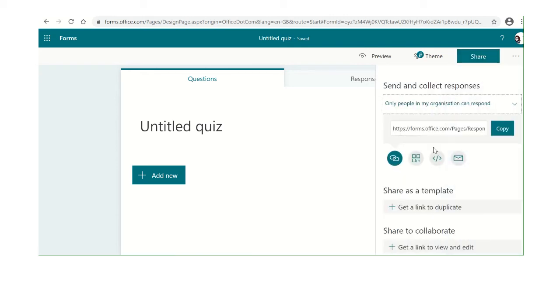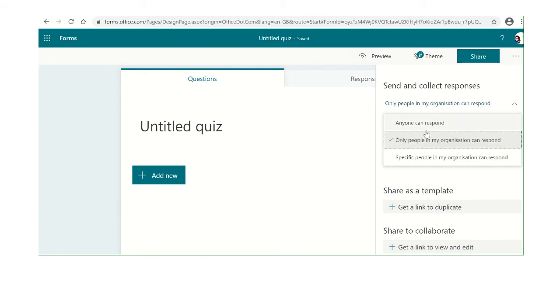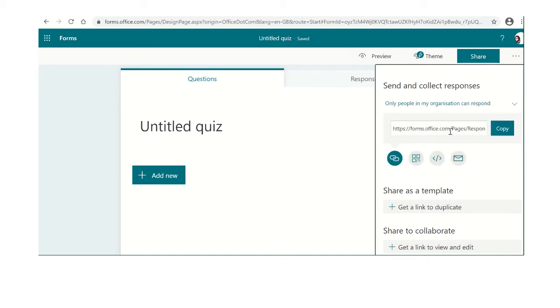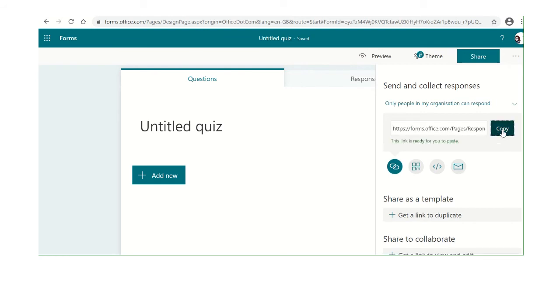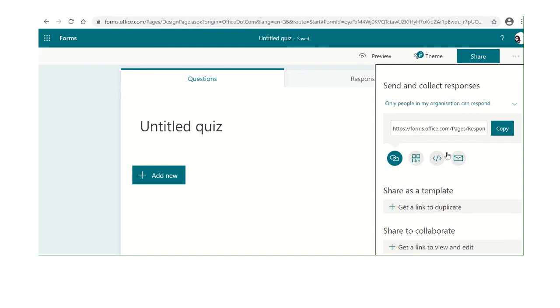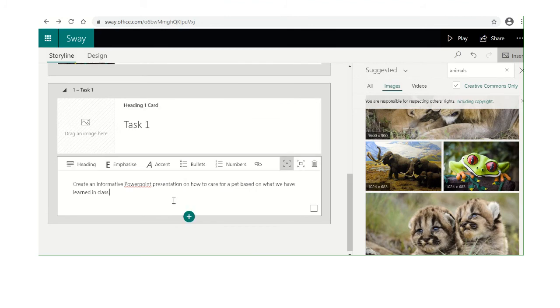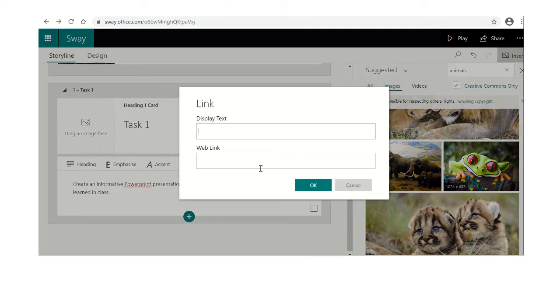So again, if you want to go to share, we can change this to anyone can respond if we want parents to be involved, or only people in my organisation can respond will mean that your pupils will have to sign in with a Glow link. So I'm going to copy this, and I would suggest that getting pupils to log in with their Glow credentials is probably the best if it's going to be a piece of information that you're assessing a pupil on. And I can go to my Sway again, click on link, add my link in here, and my display text